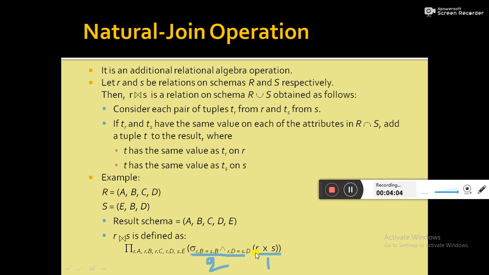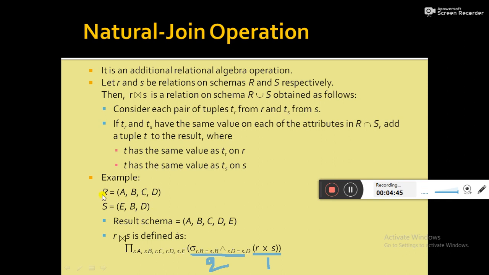How will it be populated? Each tuple of R is going to be associated with every record of S. Then after producing the resultant relation, natural join performs the selection operation. This is the symbol of selection operation, and it is performed on that relation. Now what will be the condition over here? This is the predicate. In natural join, the selection will be performed based on equality, means based on the equal sign, on those attributes that appear in both relations R and S.